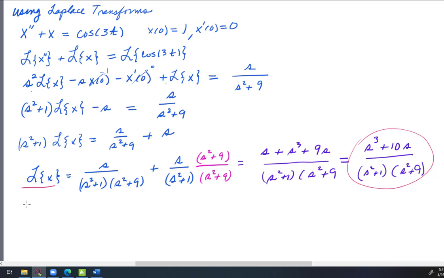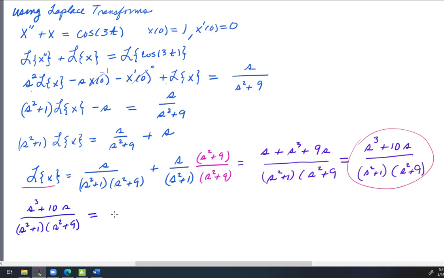So we're going to take (s cubed plus 10s) over (s squared plus 1)(s squared plus 9), and write that